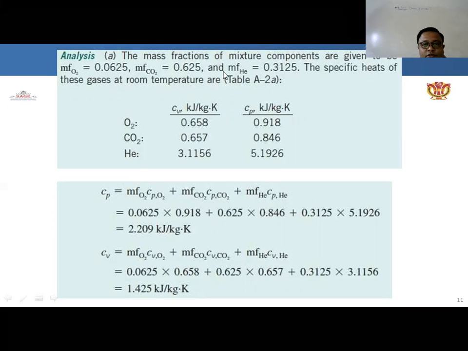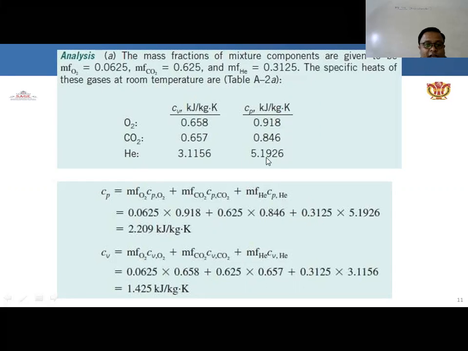यहाँ पे दिया हुआ था जो वैल्यूज थी उसका हमने यहाँ पे वैल्यू दिखाई हुई है। ऑक्सीजन के लिए, कार्बन डाइऑक्साइड के लिए, हीलियम के लिए, the specific heat of these gases at the room temperature are here given. तो स्पेसिफिक हीट की वैल्यू है, Cv की वैल्यू है, Cp की वैल्यू है। यहाँ पे Cv और Cp की वैल्यू दी हुई है, ऑक्सीजन के लिए, कार्बन डाइऑक्साइड के लिए, हीलियम के लिए।